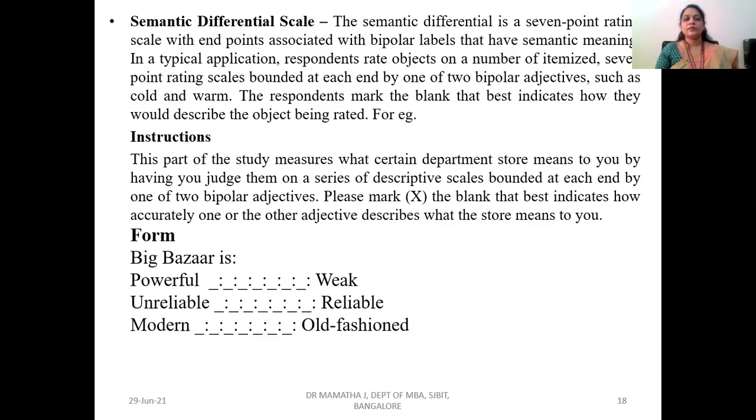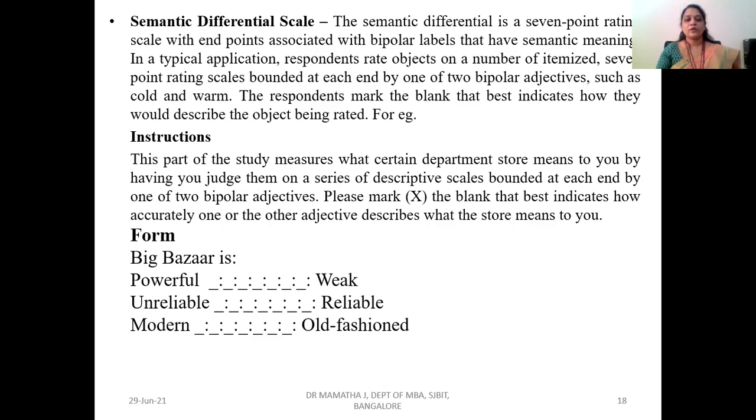In a typical application, respondents rate objects on a number of itemized 7-point scales bounded at each end by one of two bipolar adjectives, such as cold and the opposite of it, warm. So respondents mark the blank that best indicates how they would describe the object being rated. Okay, for example, first you give the instruction to the respondents, like: this part of the study measures what certain departmental stores mean to you by having you judge them on a series of descriptive scales. Okay, please mark X in the blank that best indicates how accurately one or the other adjective describes the store,